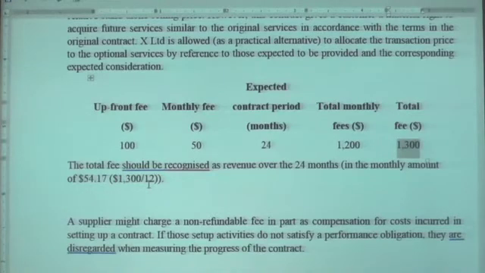Is that clear? See whether the upfront fee allows the customer to renew or not. If there is no renewal option, you will allocate this upfront fee over only the first 12 months. If it is allowing renewal for the next year, you have to allocate over 24 months. If it is allowing for 3 years, you have to allocate over 3 years. If that 100 payment allows them to join for a 5-year period, you have to allocate over 5 years. Is that clear?